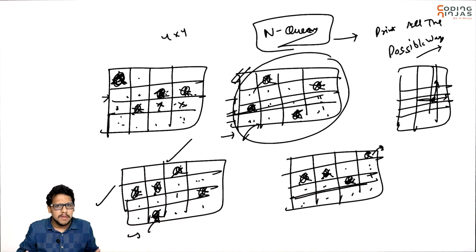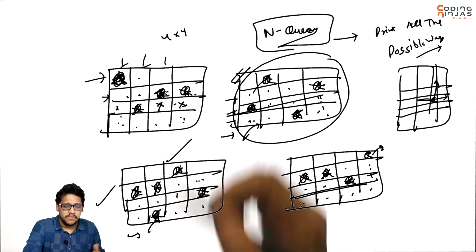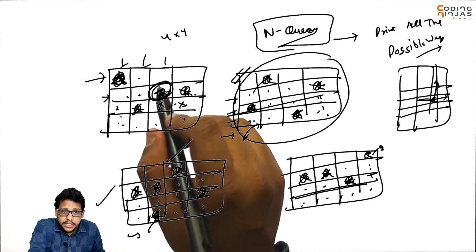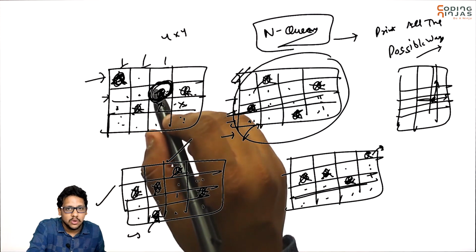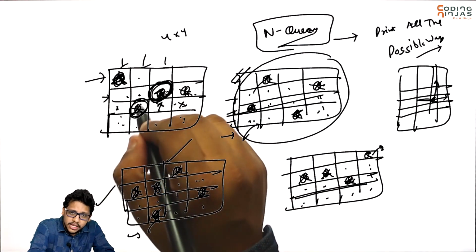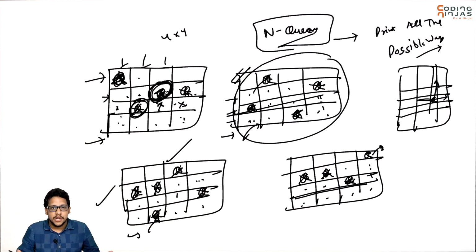So this is the typical backtracking problem. You will start from the first row and try to put a Q in each column wherever you can explore. When you are putting, think about whether you can place it here or not. You will explore in all the 8 directions. You can have a condition that checks whether you can place a Q or not. If yes, you will put it here and move on further. You will keep on moving. If you have reached row number greater than n, that means you have placed all the Qs. That means you can print your path.